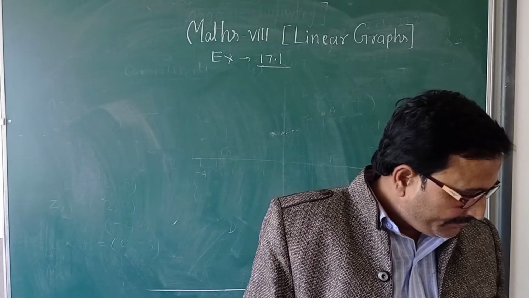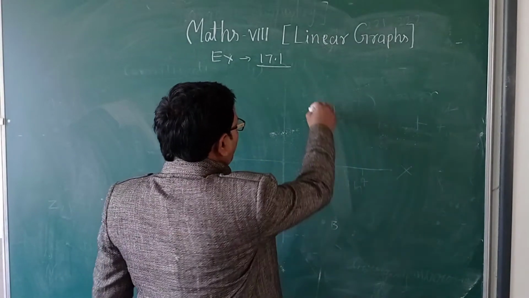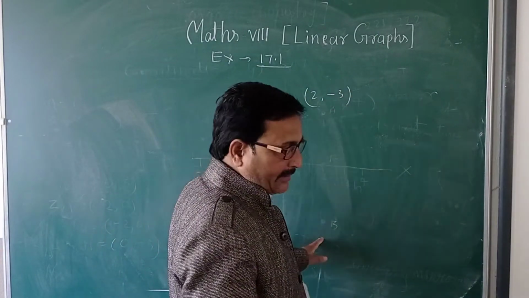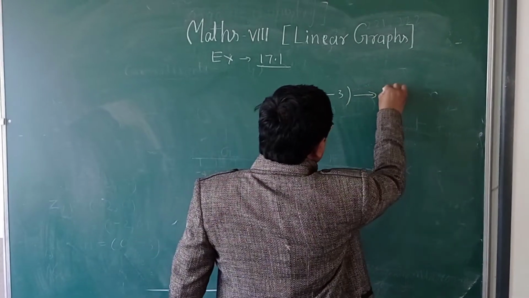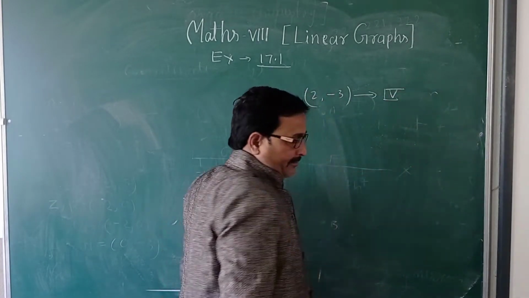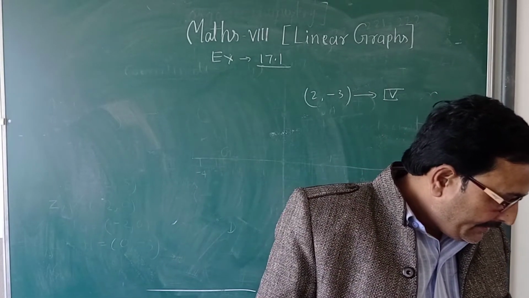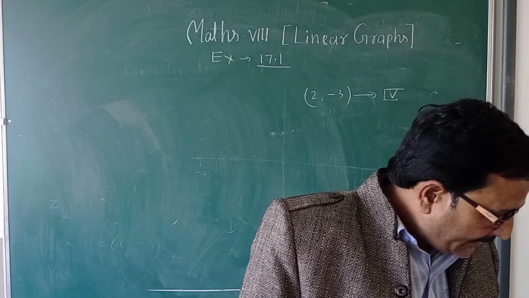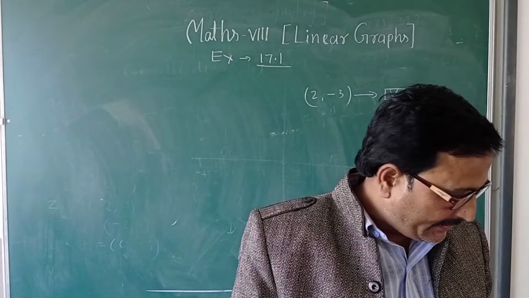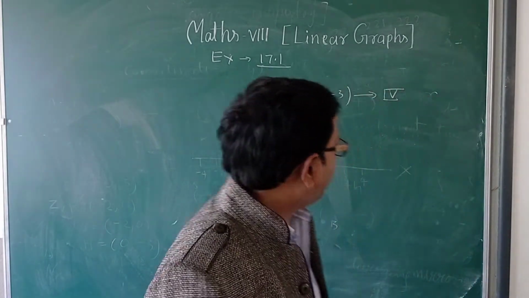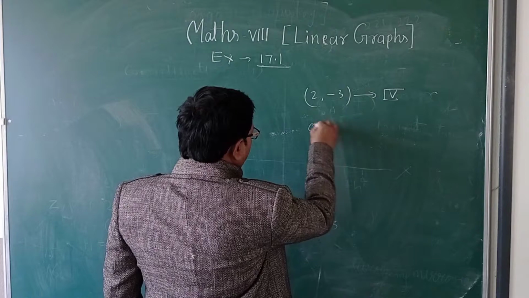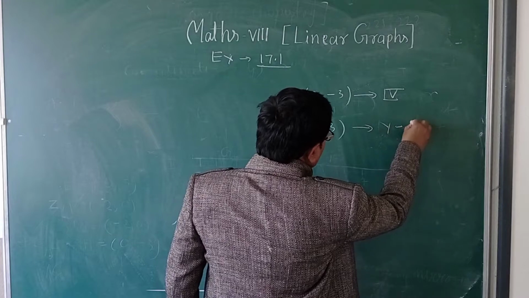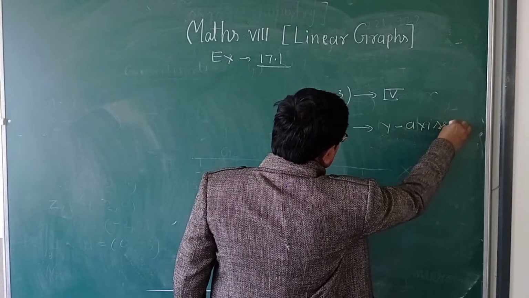Like the first, (2, -3). I have just explained it here: it lies in the fourth quadrant. You have to write that it belongs to the fourth quadrant. Third, on what axis do the following points lie? Same question. (0, 3): x value 0, y value 3. It lies on the y-axis.